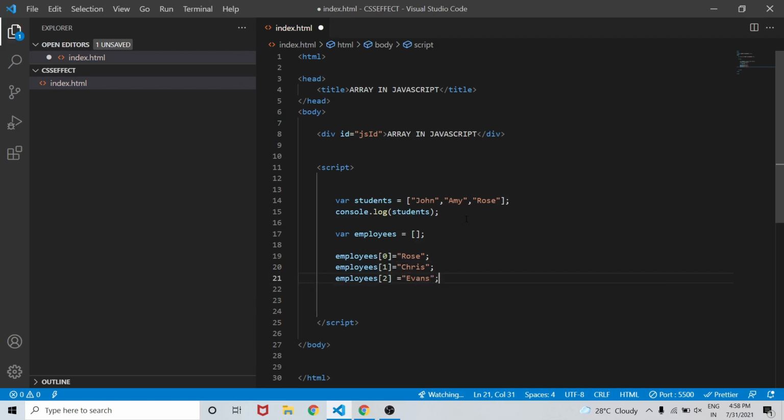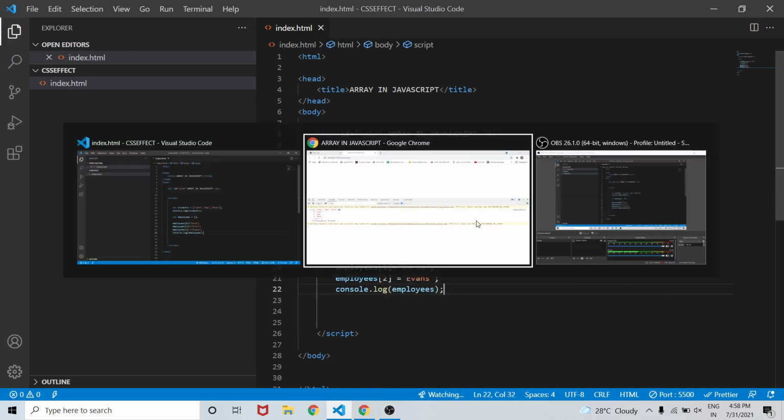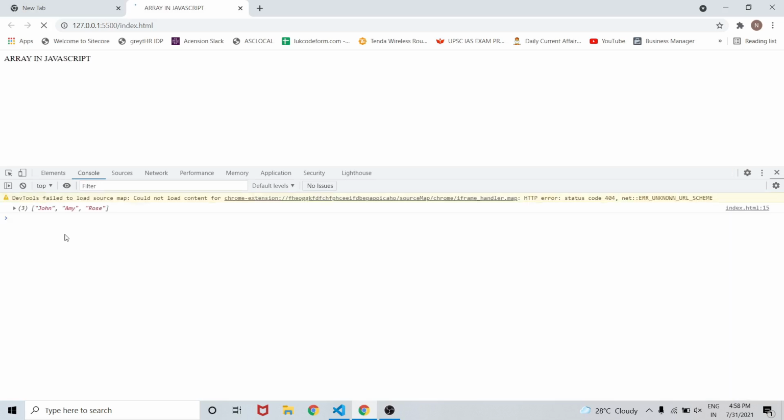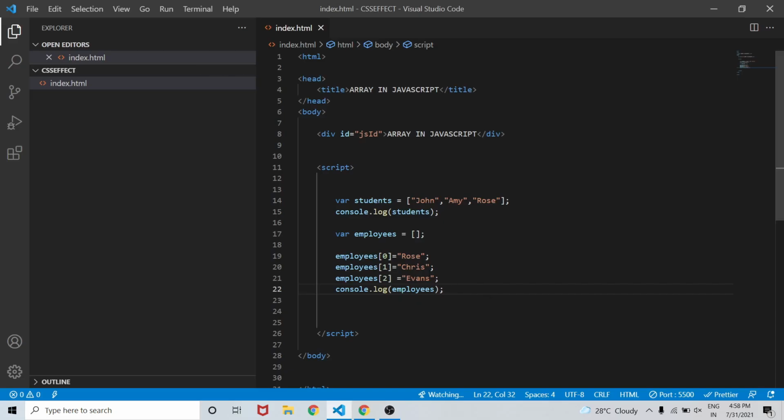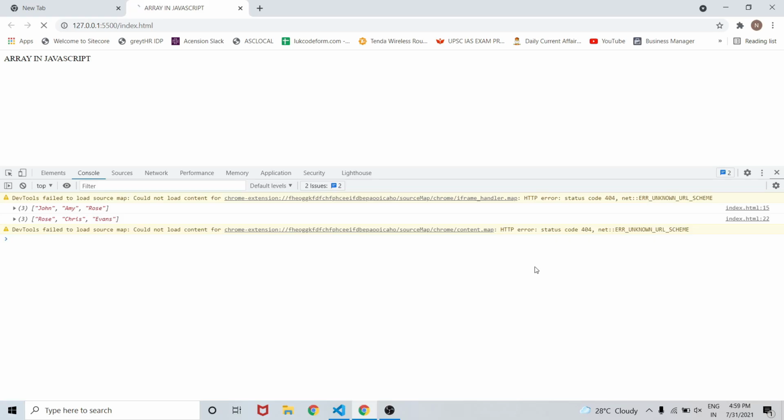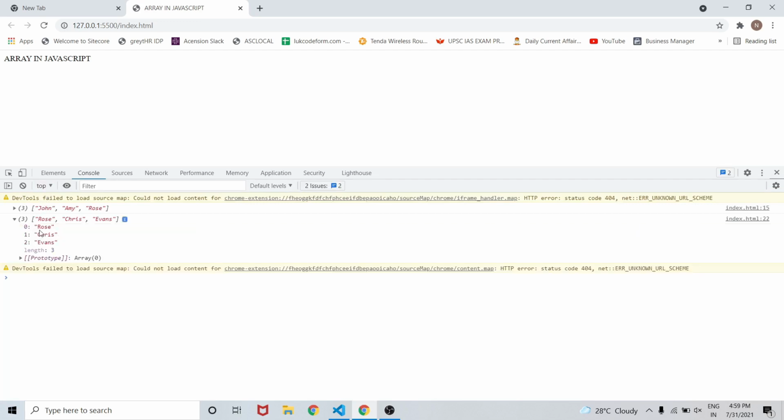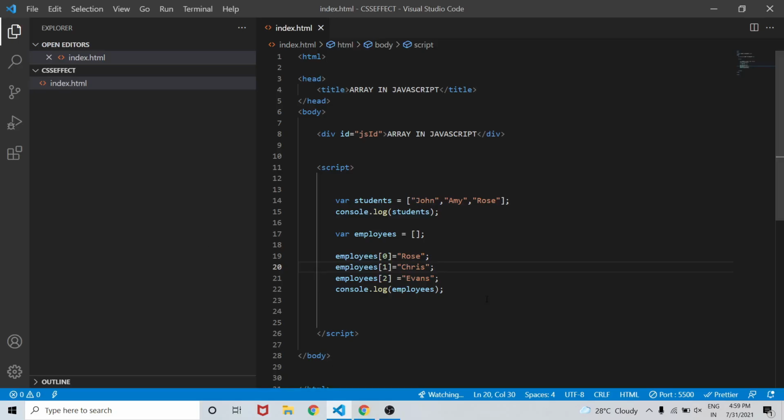So now if I console.log this employees array, you will see the employees array has been created in our console. Let me refresh it again, and everything is good. As you can see we have our new array, employees: Rose, Chris, Evans.